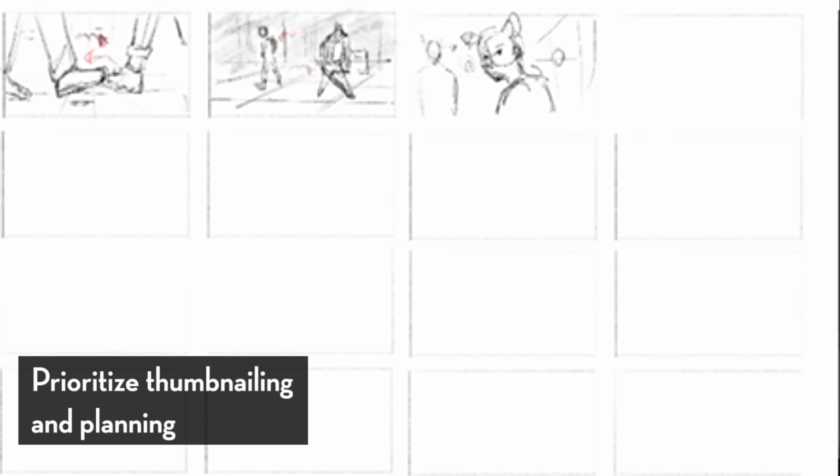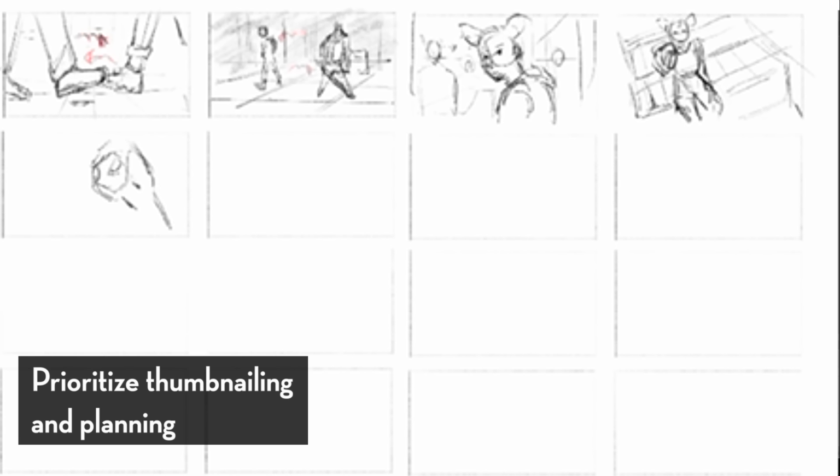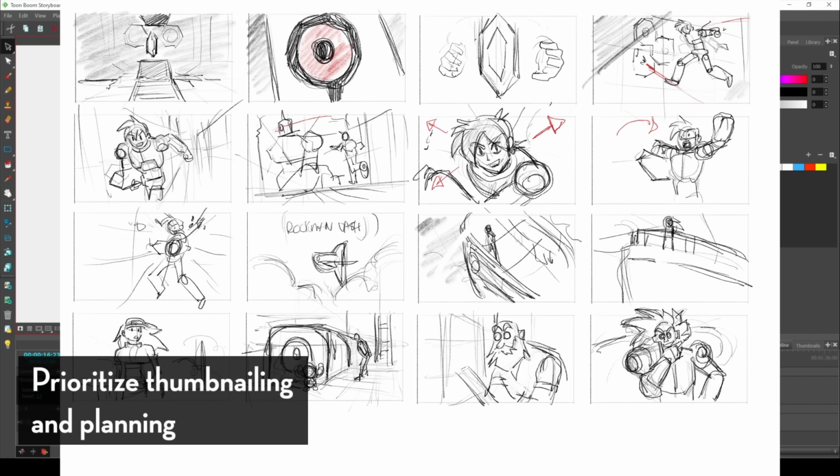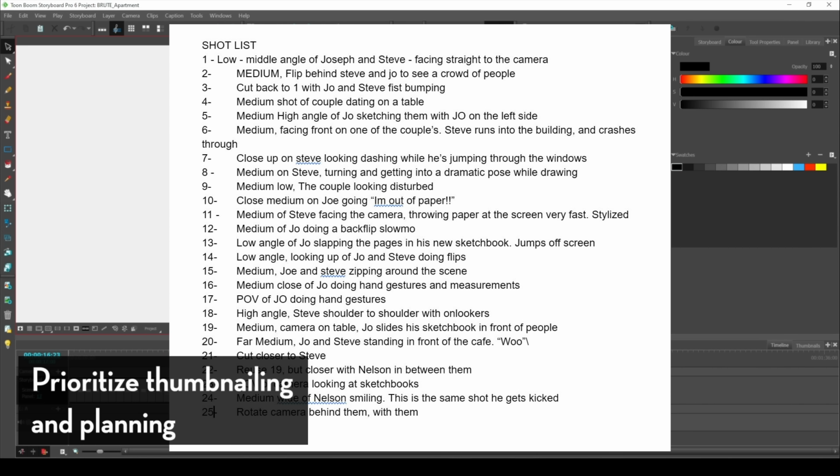Now, even before committing to actual storyboards, I like to thumbnail my work. I like to produce small, quick, loose drawings to sort of represent the staging that I have in mind, the cutting and the editing of the overall sequence, and I want to keep it simple and readable. Nowadays, before I even thumbnail, I actually do a shot list where I just write down shots I have in my head, what I could visualize, and just write it down in text.